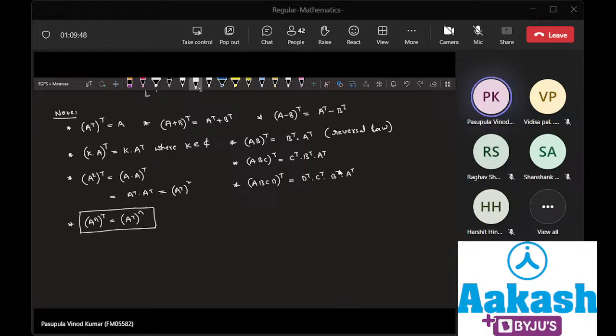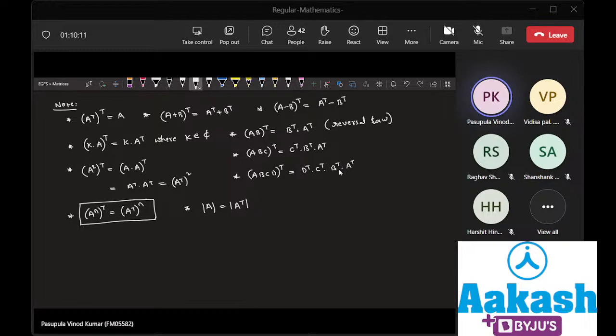In the same way, remember one more property also. Determinant of A is always equal to determinant of A transpose. This property we will see in the determinant chapter. All right. So these are the things. And next,